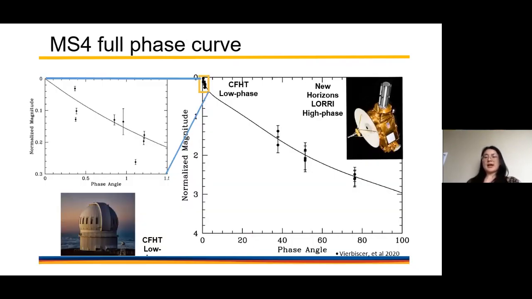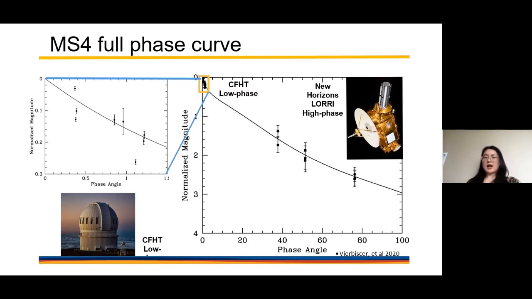Thank you. And this is the MS4 full phase curve. On the left-hand side is the phase curve provided by CFHT, which is what I mainly do. So I measure accurately the magnitude of MS4 ranging from phase angle 0.3 to 1.2 degrees, and then it is fit with the high phase data observed by the New Horizons LORRI camera and provided,